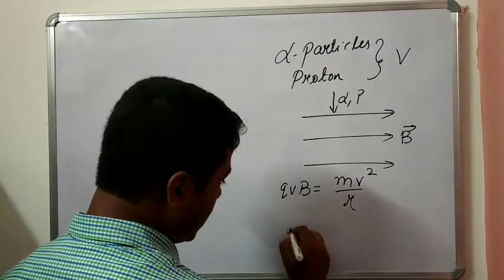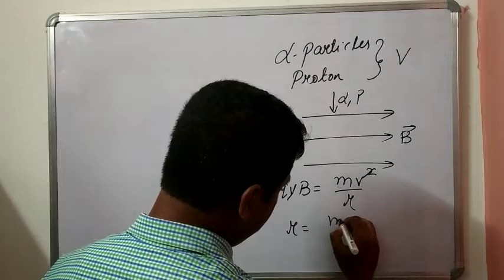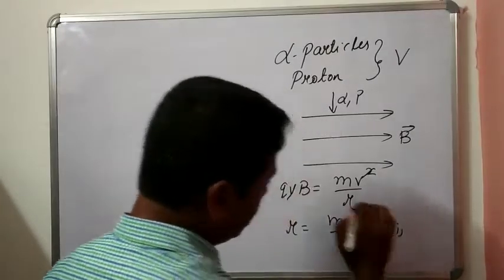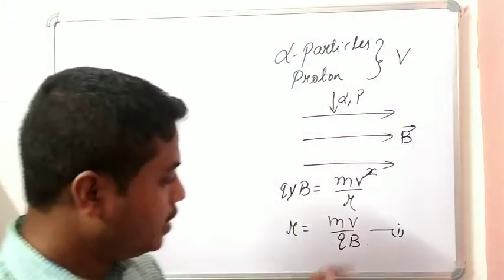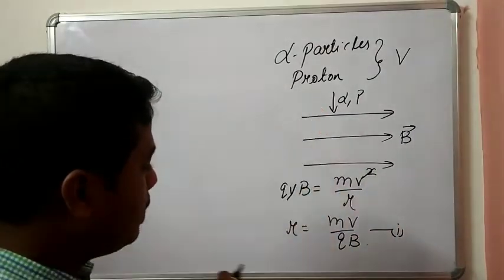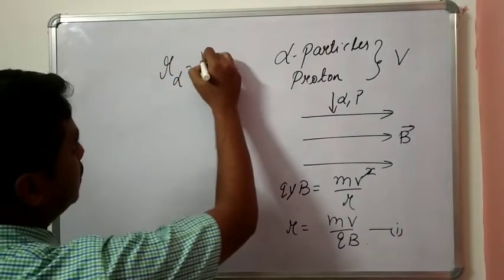So from here, if I calculate the formula of radius, one v and one v get cancelled, so it will be r equals mv by qB. This I can mark as equation number 1. This is the general equation for the radius, which we have already derived. So if I use it for the alpha particle, the radius of the alpha particle will be the mass of the alpha particle